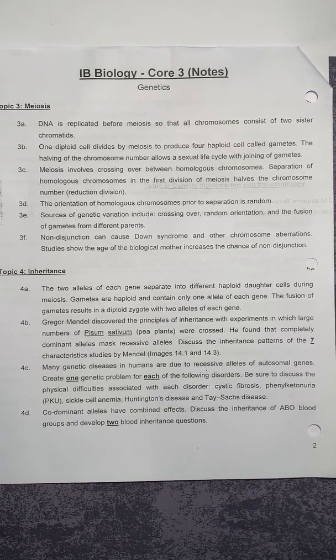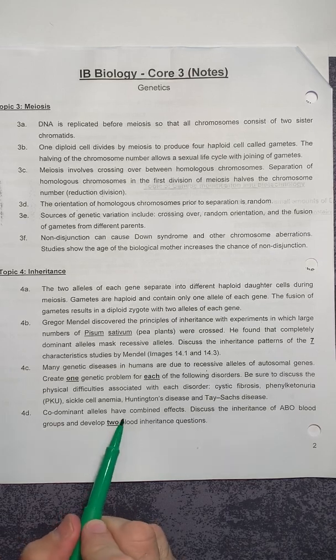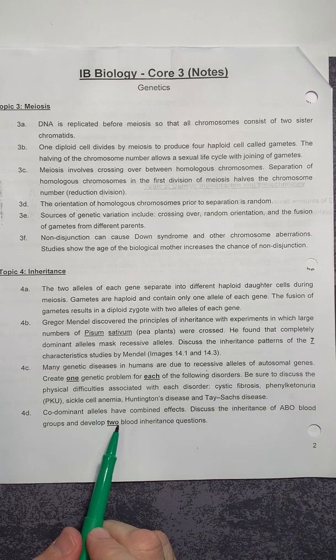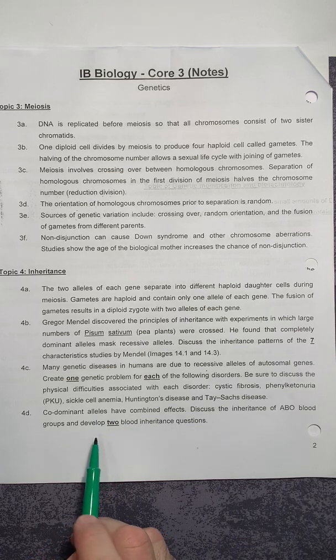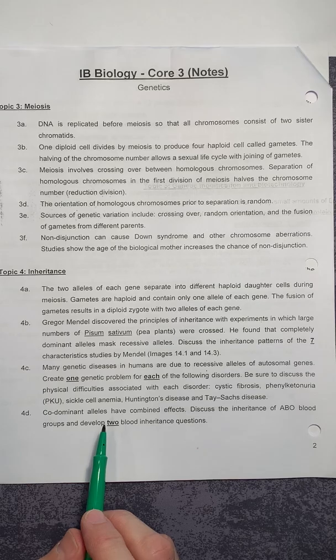Hello everyone. So we need to tackle question 4D. We will do this in two separate parts. I need to give you some background about blood types in our species first. And so that'll be 4D.1, and then we will actually do a codominance problem based on blood typing, and